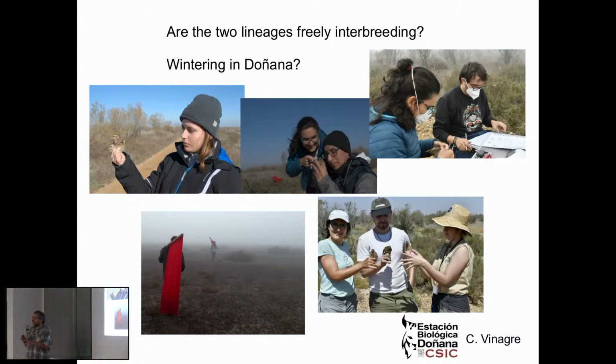If we have the two types of quails, with inversion and without inversion, at the same time, do they breed at the same time? Maybe the ones that are resident start to breed earlier, and there is some phenological segregation, so they keep separated. To have a better understanding of what is going on, we have been monitoring populations in Doñana all year round, doing field surveys when it was a few degrees below zero, when they were reaching the thermal tolerance for biologists and for quails, and over 40, 45 degrees, and there were quails all the time.